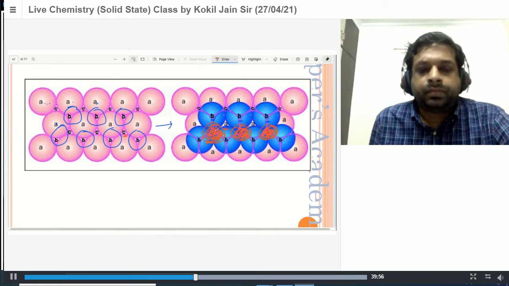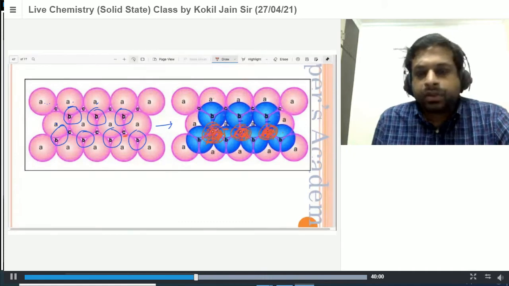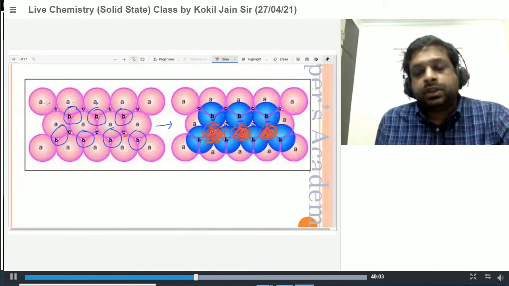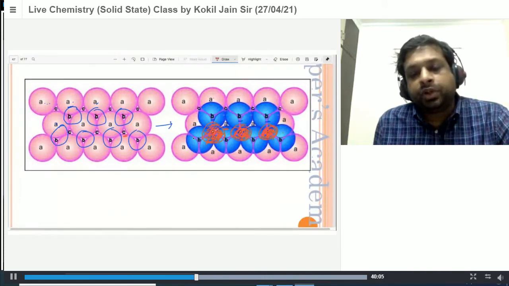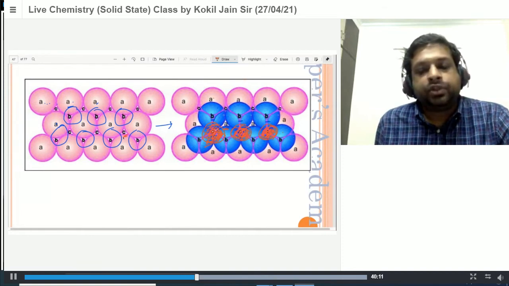Now you see here, this B type of void space and C type of void space are somewhat different. Try to visualize it. The third layer I'm going to put on the C side here. I'm going to put this solid sphere on the C side, not on the upper side, and then one sphere is on the lower.